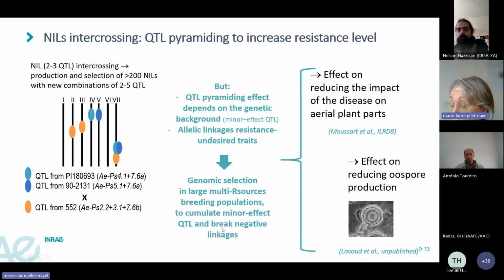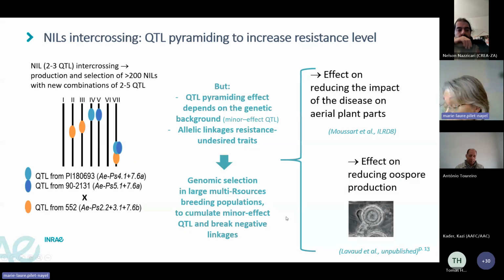However, we also observed that this QTL pyramiding effect depended on the genetic background. In addition, allelic linkages were observed between resistance and undesired traits due to large introgression sizes at the QTL regions in the NILs. These results therefore led us to move towards the idea that genomic selection in large breeding populations from multiple sources of resistance would be a new type of scheme more suitable to accumulating minor effect QTLs and breaking negative